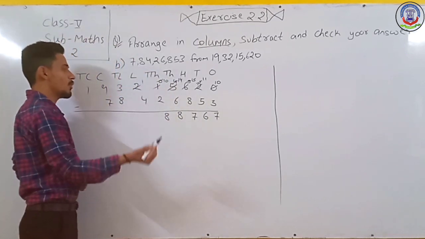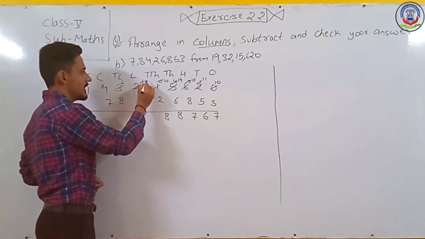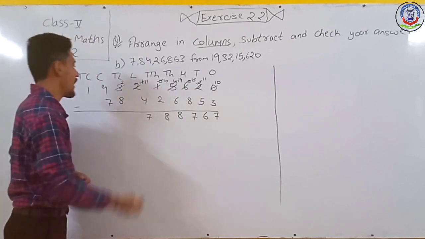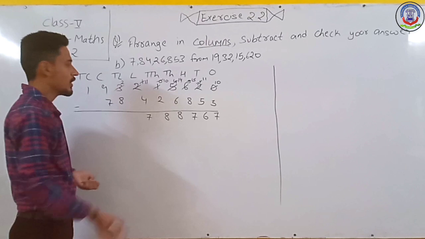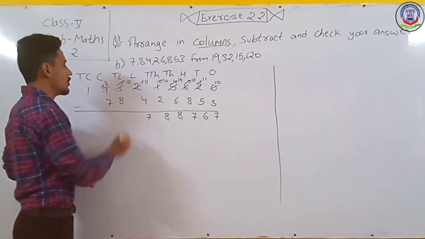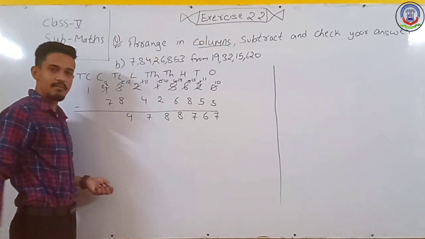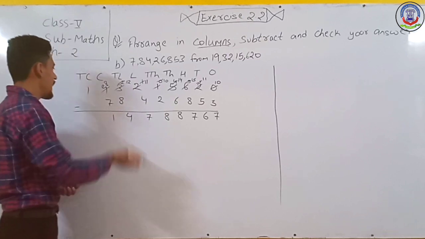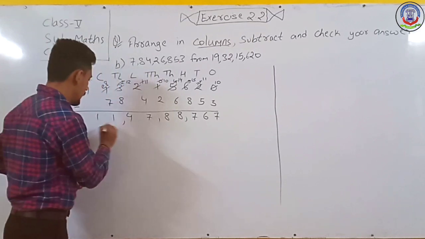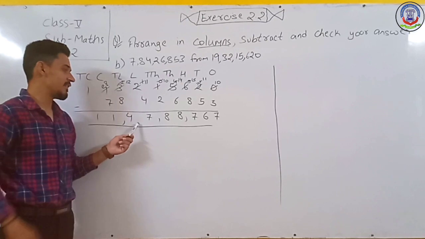Next we have 1 subtract 4. Again we borrow from here. This becomes 2 and this becomes 11. So 11 subtract 4 is 7. Next we have 2 subtract 8. Same, we borrow from here and this becomes 12. 12 subtract 8 is 4. Next we have 8 subtract 7, so we write 1, and next we have only 1, so we write 1. So our difference of these numbers is 11 crore 47 lakh